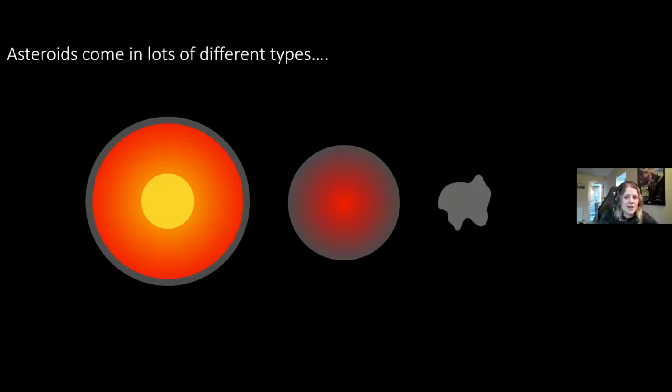But most asteroids out there never really got large enough to have actual melting on their inside, to have the splitting into layers. So they probably just sat and were heated. That's what this image indicates. It's hot on the inside, but it's not that warm.